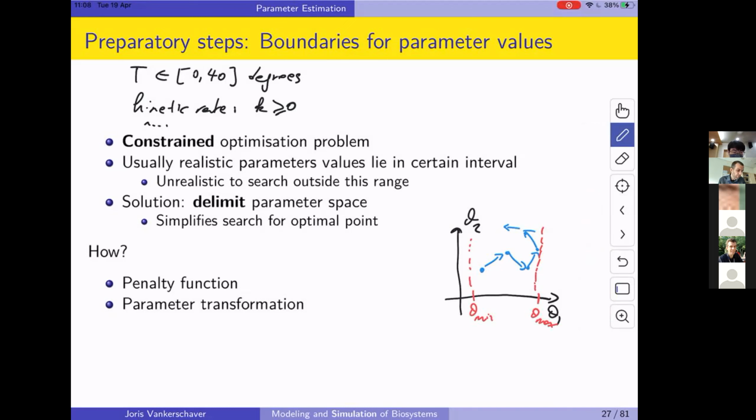So now the question is, how can we make that search take place entirely within those bounds that we specify on our parameters? And it turns out that there are two approaches. The first one is called using a penalty function, which basically means that you just make it very disadvantageous to go outside of the range of acceptable parameters. So you say my cost function is whatever it is, but if you happen to go outside of that range,